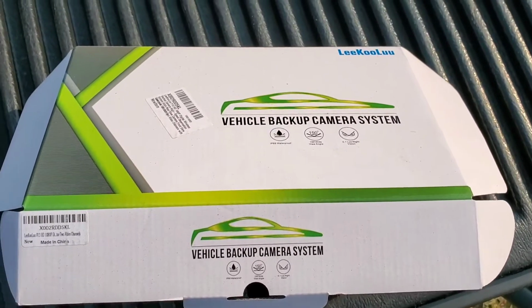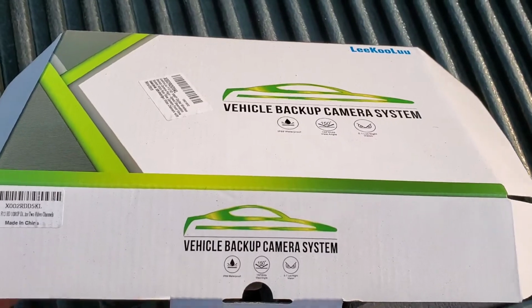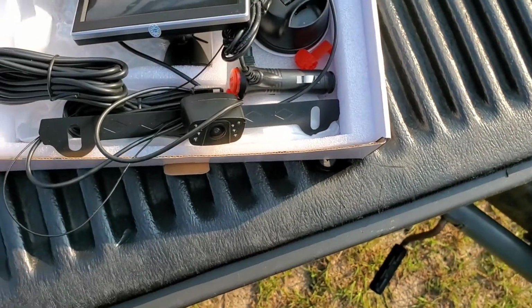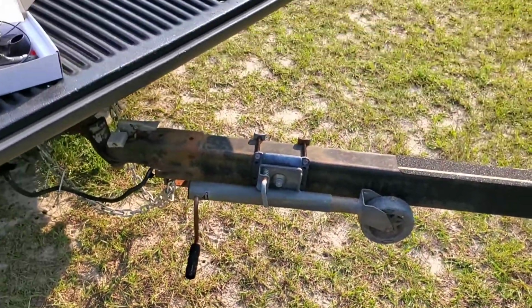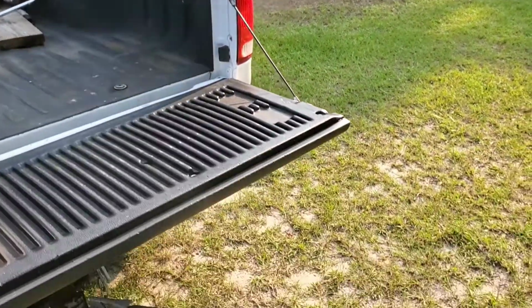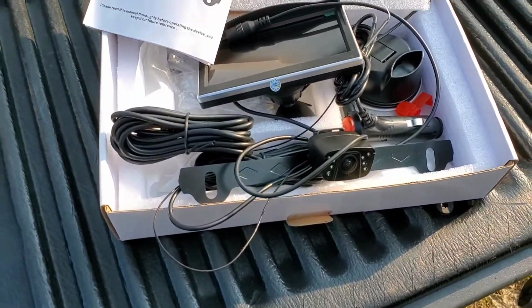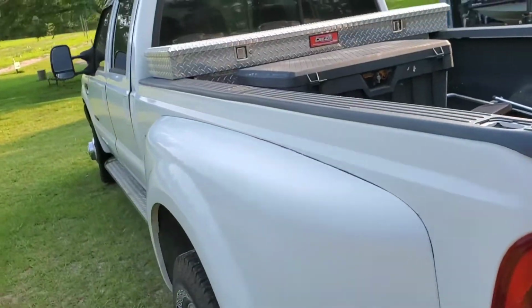Guys, I bought me a vehicle backup camera system. Yeah, I've already opened the box. I got so many different trailers, two different boats and three different trailers, and they're all different. Pain in the butt to hook up. So I decided to put me a backup camera in this old 2000